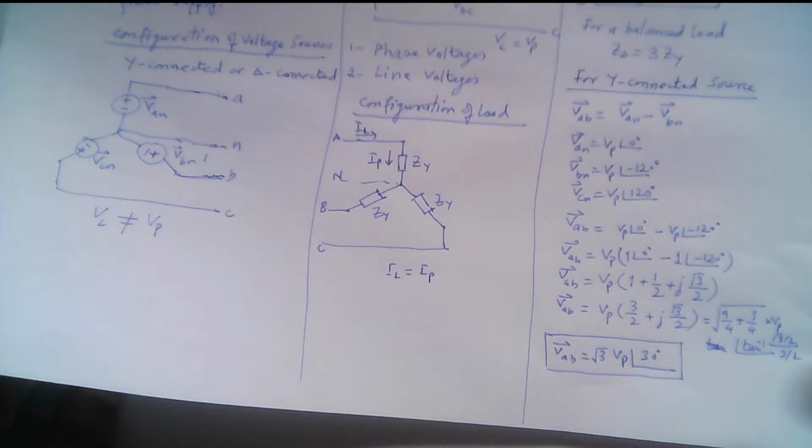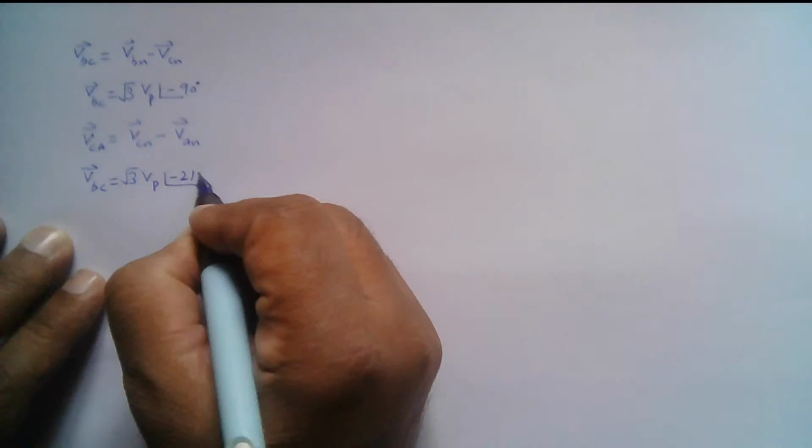If we perform a similar calculation as we did for VAB, we will find that this is under root 3 VP, and the angle is minus 90 minus 120, that will be minus 210 degrees, which is also represented as 150 degrees, right? So these are the